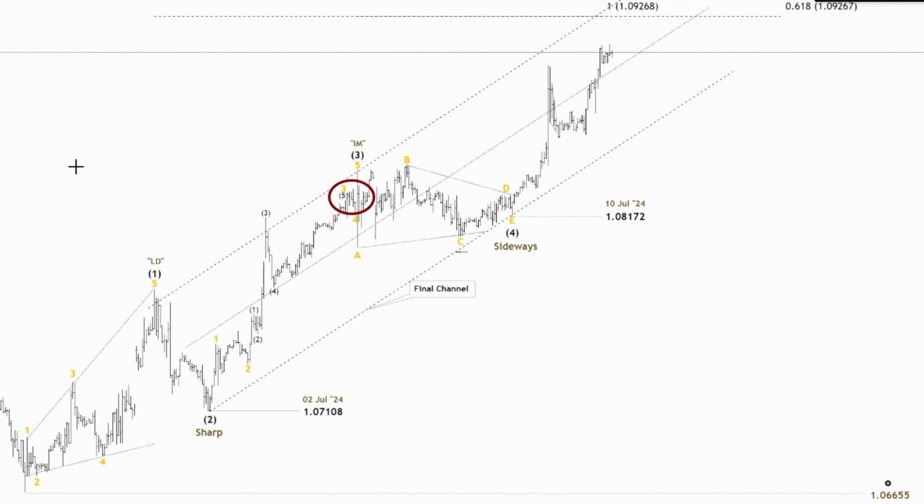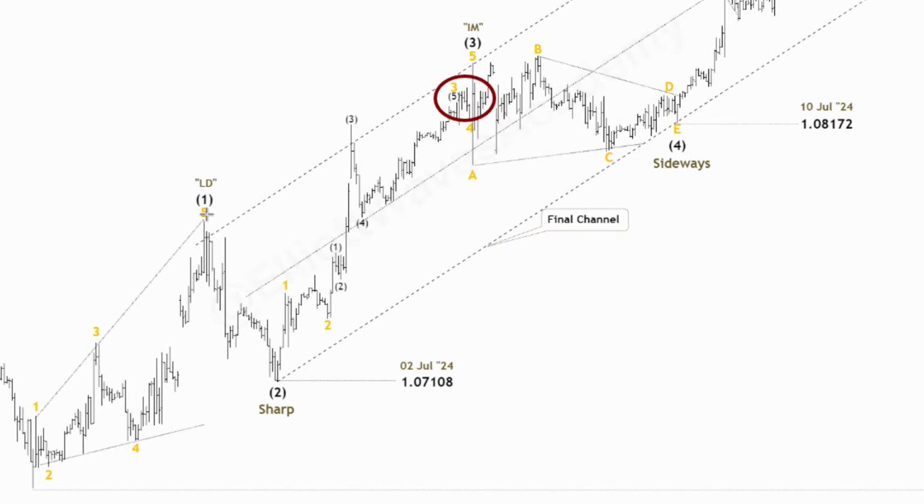After deleting that base channel, which we no longer need, we leave this final channel, which will help us later to anticipate the end of this impulsive wave. As you see, we have a leading diagonal in its expanded version, followed by a sharp drop as a wave 2, which is typical after a diagonal, especially as a wave 2, then an impulse wave that can represent wave